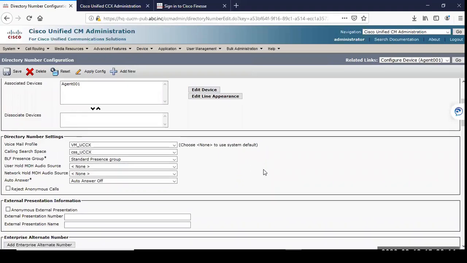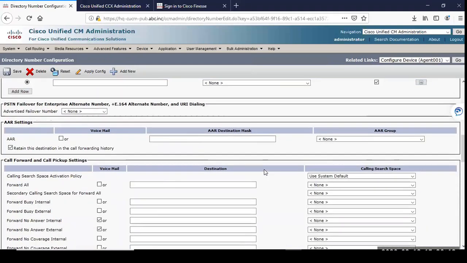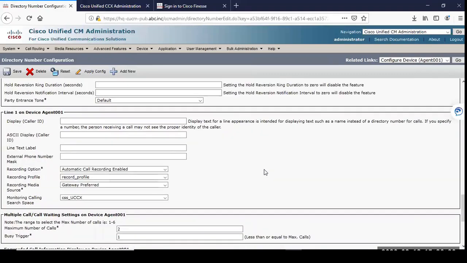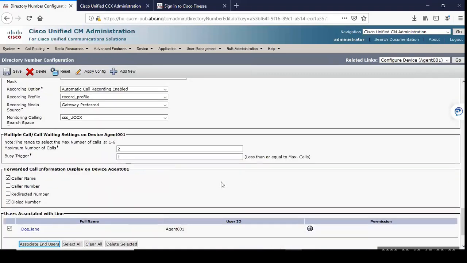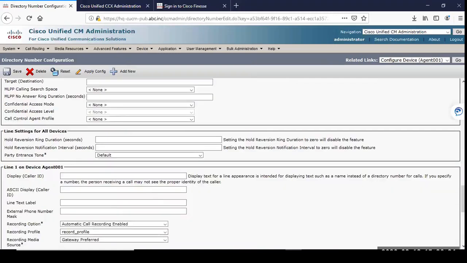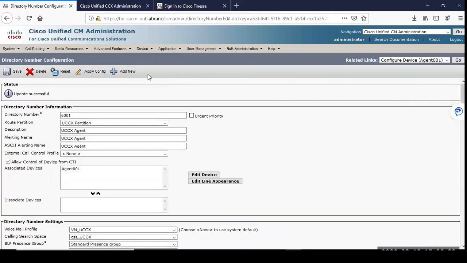Nothing here is specific to Contact Center Express. Remember, we are talking only about the configuration which is specific to Contact Center Express. The only change we made is the multiple call waiting setting on the directory number level, which is done from the device page. Now let's go back to